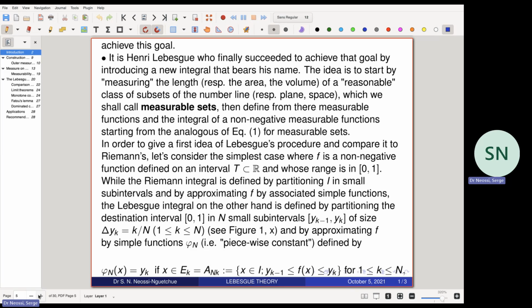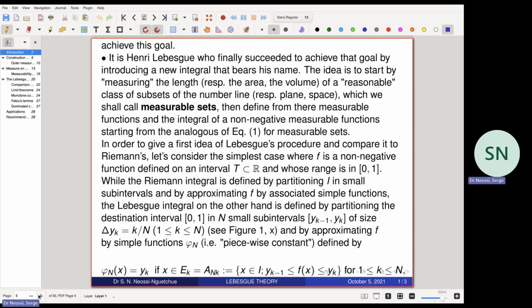In order to give a first idea of Lebesgue's procedure and compare it to Riemann's, let's consider the simplest case where f is a non-negative function defined on an interval I that is contained in the number line R, and whose range is in the closed interval [0, 1]. While a Riemann integral is defined by partitioning I, that is, the limit of integration, or the set over which we integrate the function, in small subintervals, and by approximating f by an associated simple function,